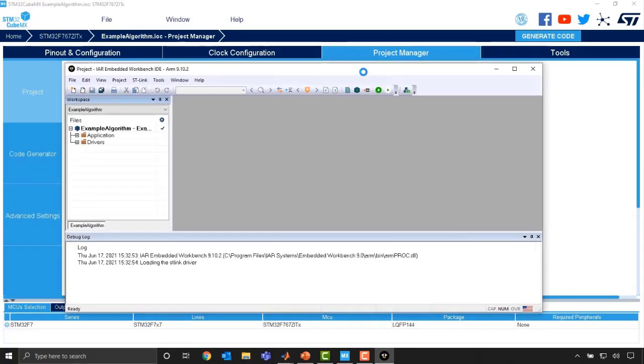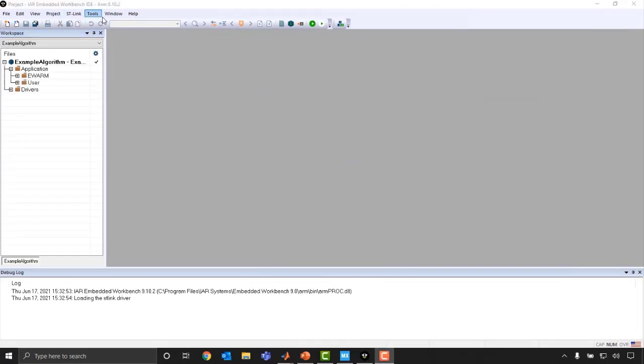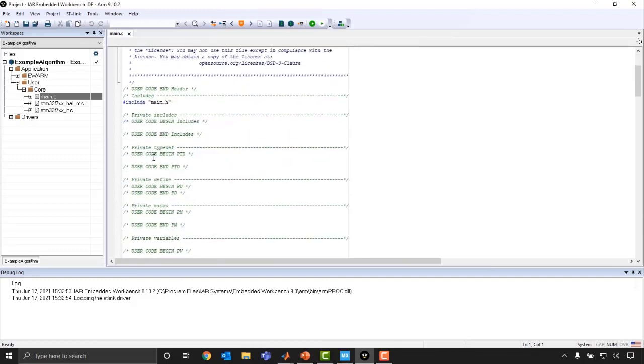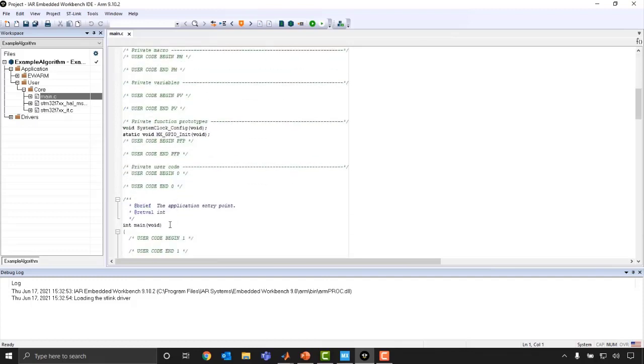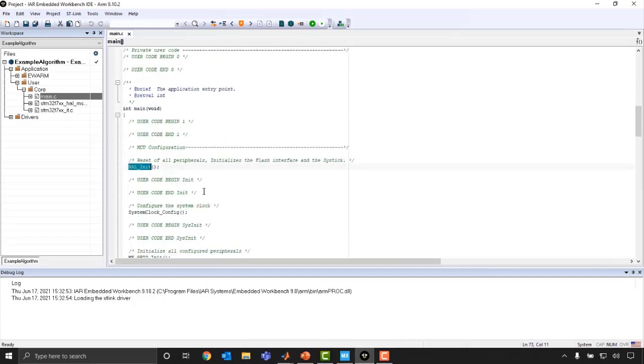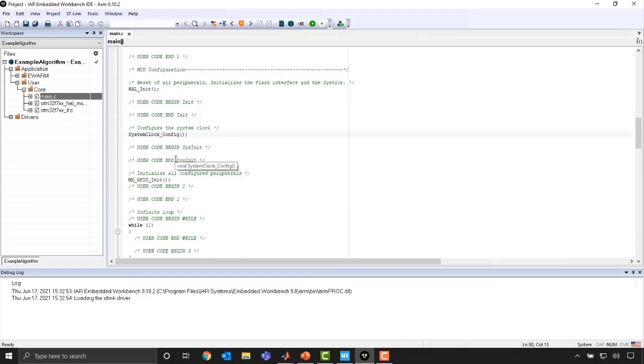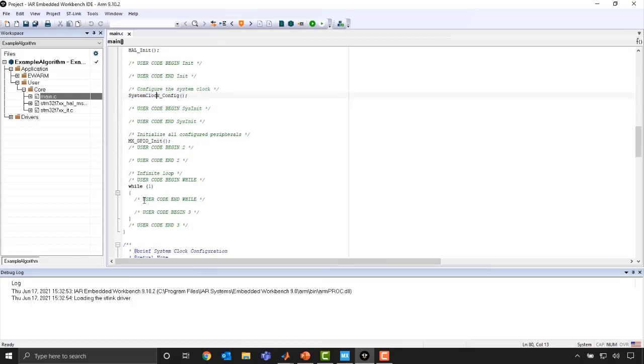All right, so now we're in the Embedded Workbench platform, and this is where we can start to actually modify the main file. So by expanding out the application here, we can get into our main.c. If you think back to the generated code that we had from Simulink, we had that ERT main example file. And so this now is a main.c that's been created for us that we can now modify, right? And so you can see there's little sections we can put our code. There's an init function for the specific processor, configuring the clock. This is all defined by the settings we configured in the CubeMX platform. And then down here, you'll see there's a while loop. So this is going to be the code that executes on that clock cycle.